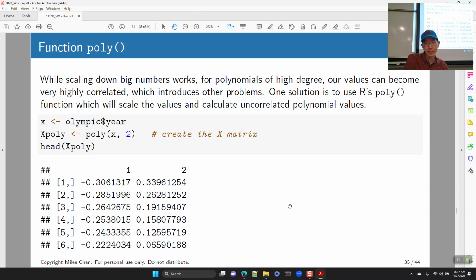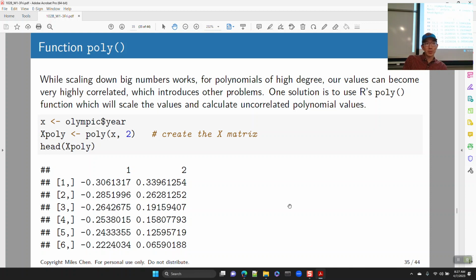And we know that when terms are highly correlated, your estimates become more and more unstable and more susceptible to little variances here. Okay,